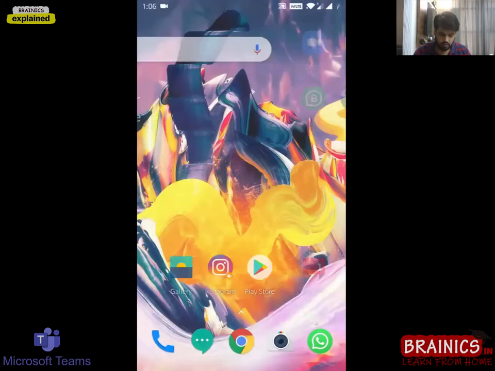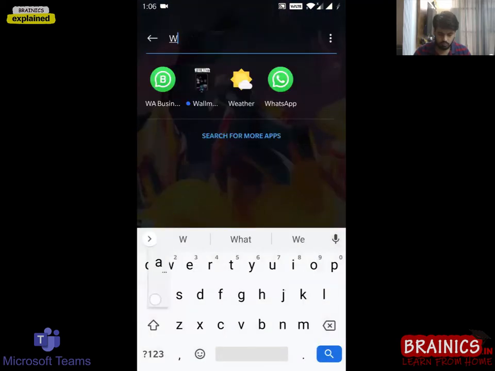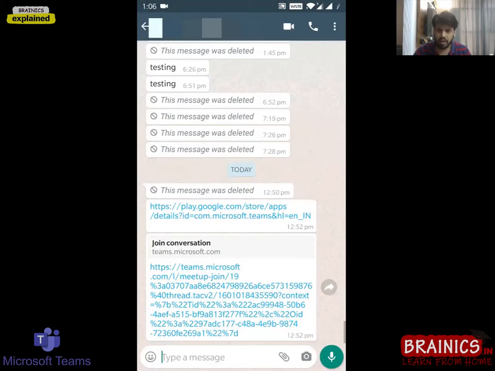So I'll go over there. Yeah, the first link I have successfully installed. I've just installed the application. I have not logged in, I have not put in any sign in, I have not put in any Gmail. I don't have to do anything. Just install the app, that's it.